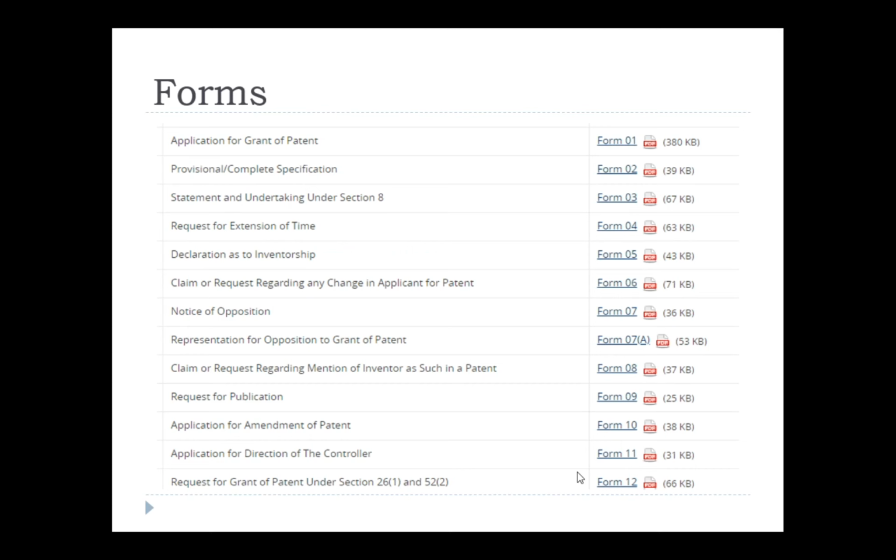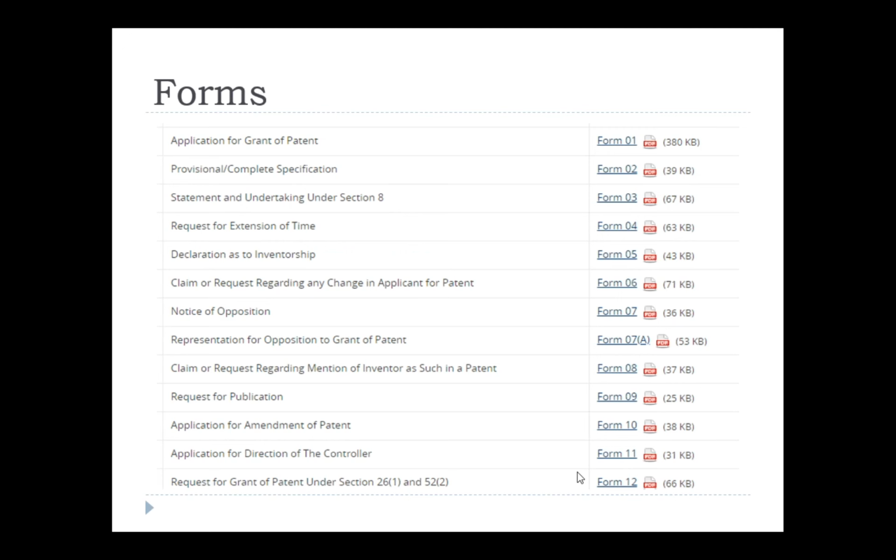In simple words, if you type patent forms and fees in Google search, it takes you to the view I am showing on the presentation. You can see different types of forms easily downloadable in PDF format, and you even have a small explanation for all those forms.